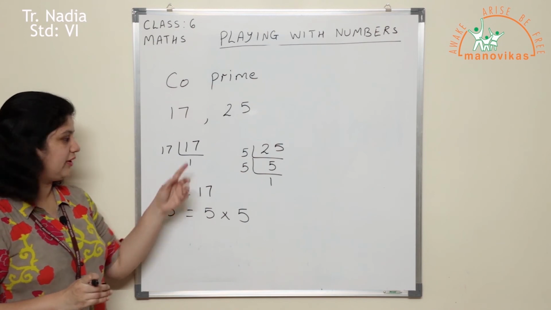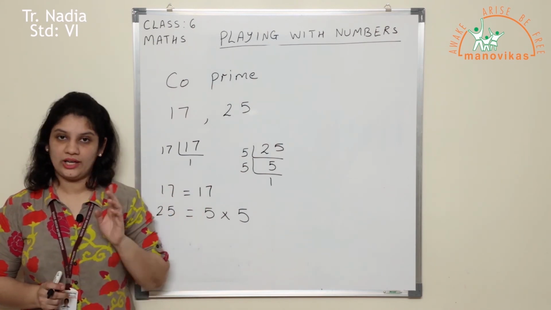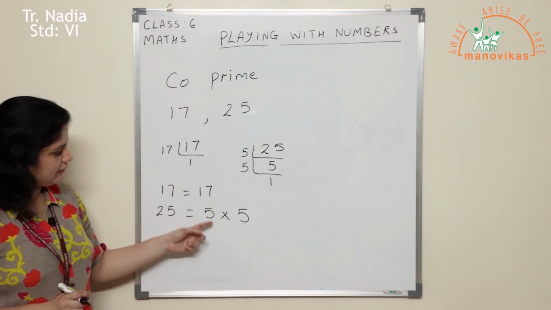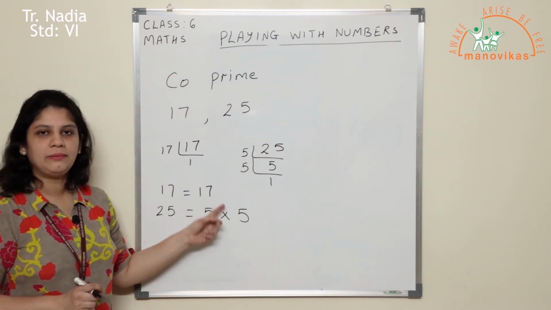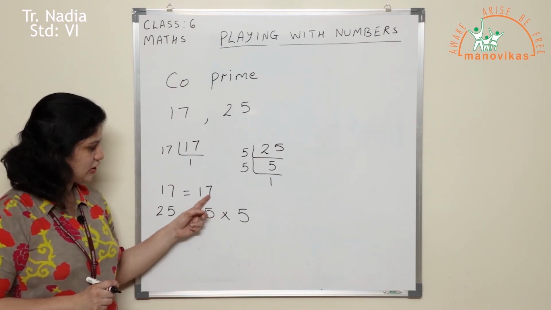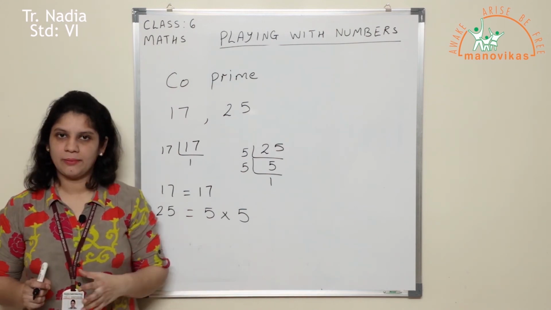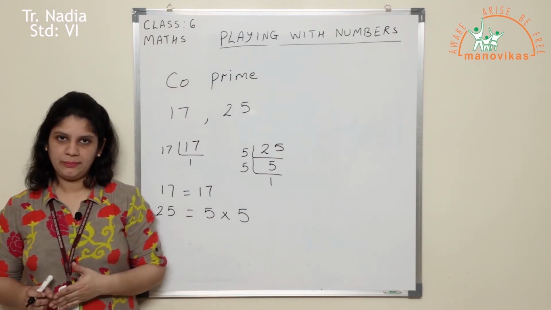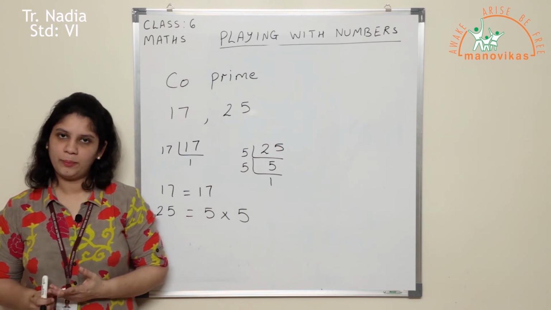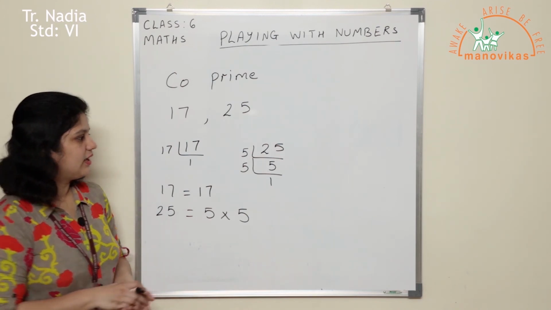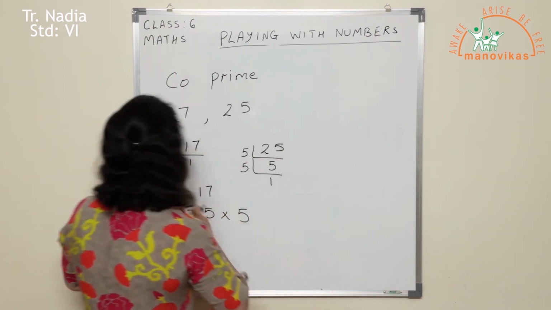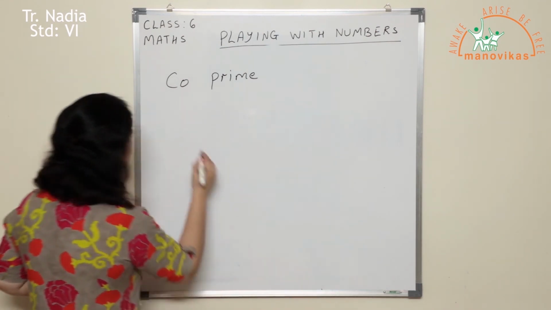Please remember children, when you factorize you make use of only prime numbers. Now if you look here, there is nothing common between these 2. There are no numbers which are common. This is 17, this is 5 into 5. Now such numbers which have nothing common between them are called co-prime numbers. Okay, I'll show you another example. Say we have